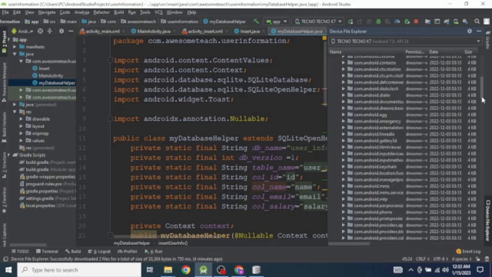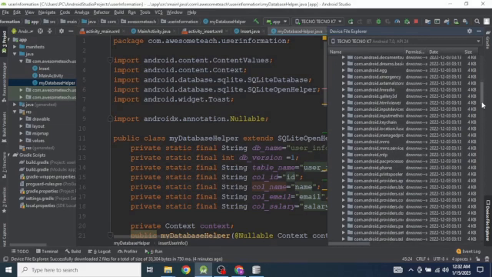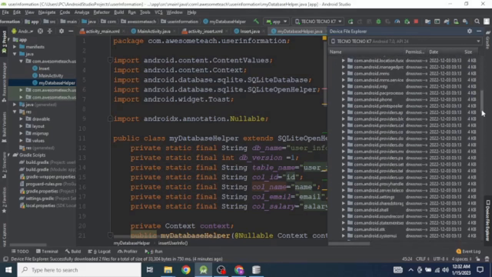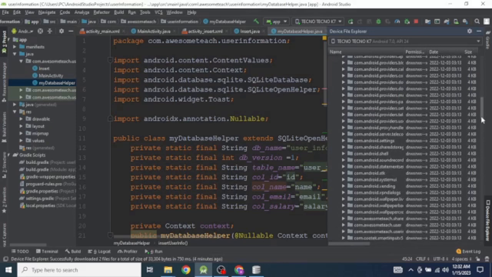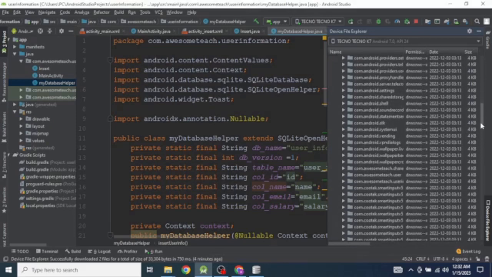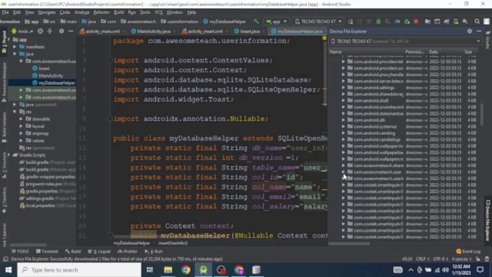So from that, you have to find your project. Here is my project. So let's click over this, and there is a databases directory. If I click this, there are these files. Just select and synchronize, and after you have synchronized it,